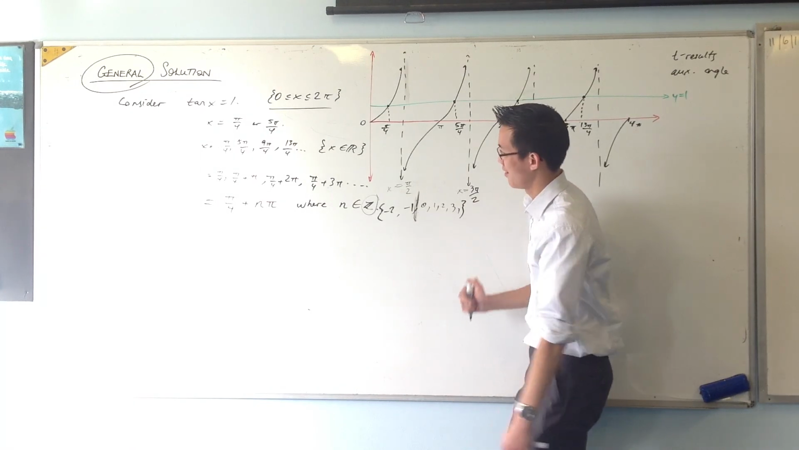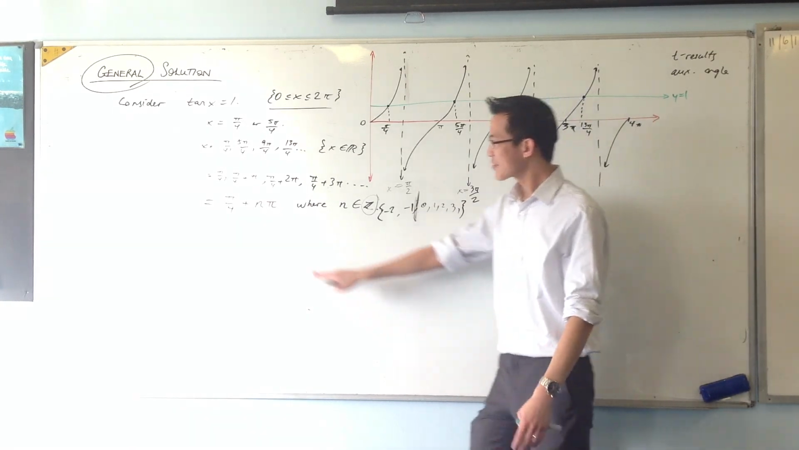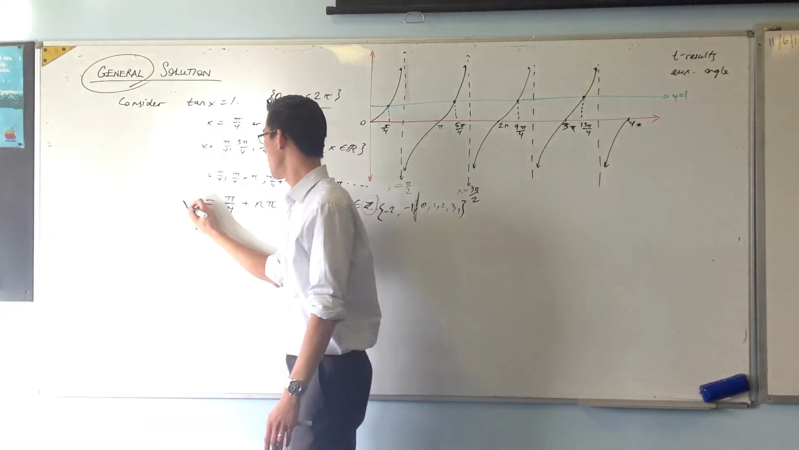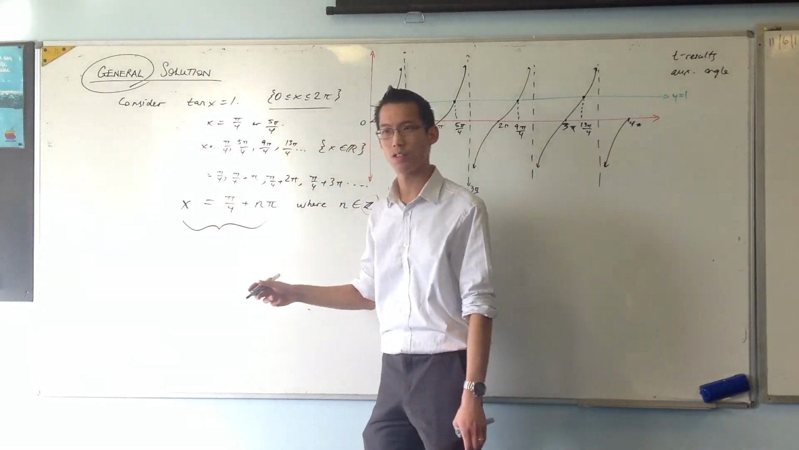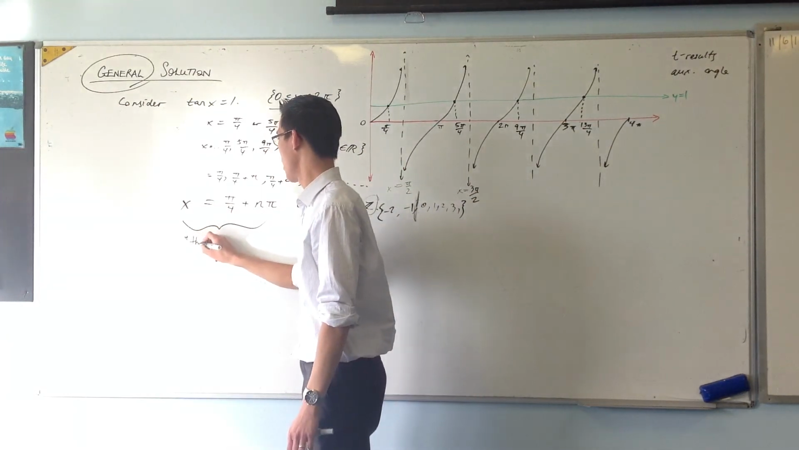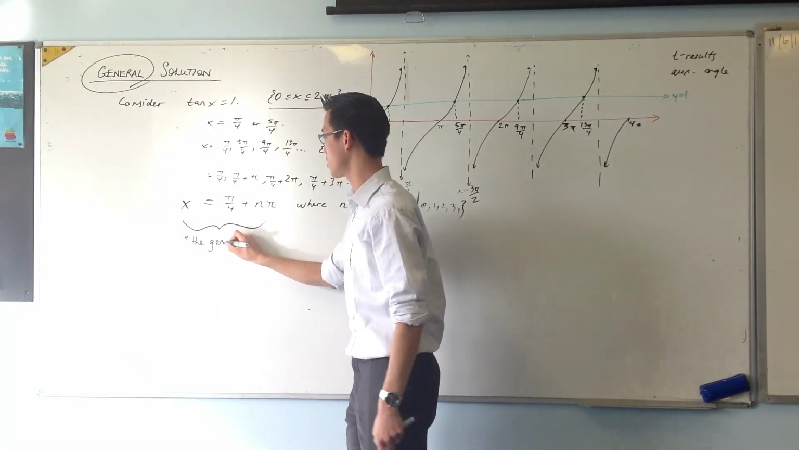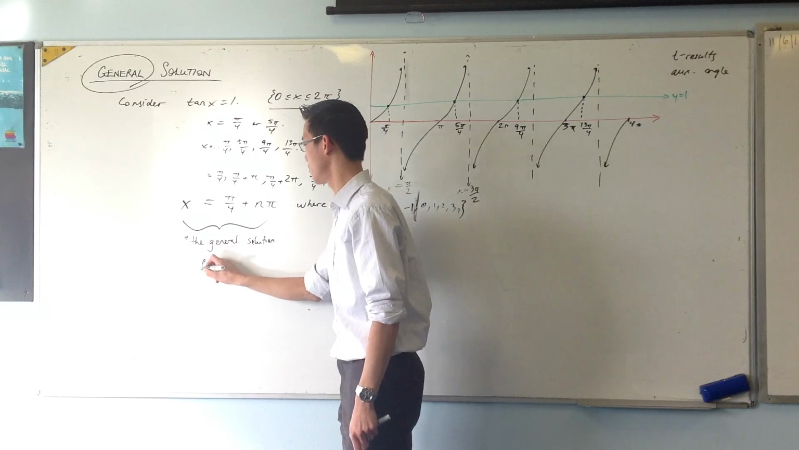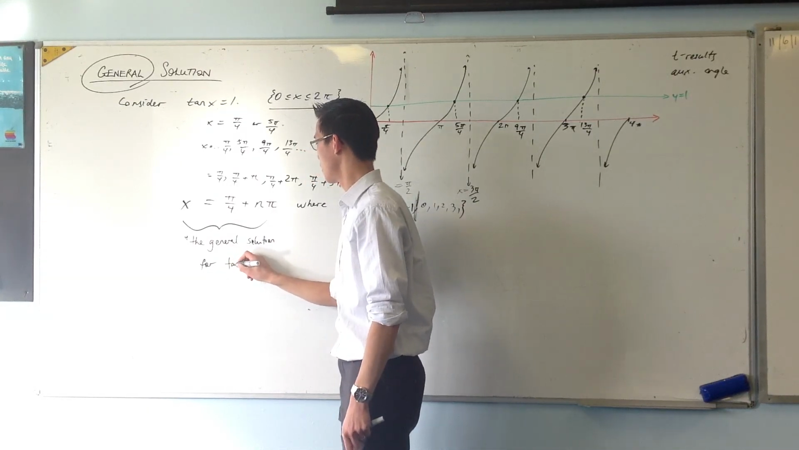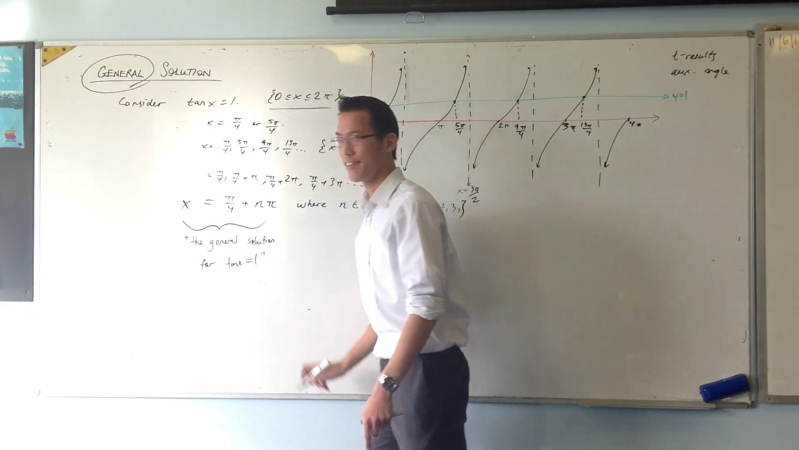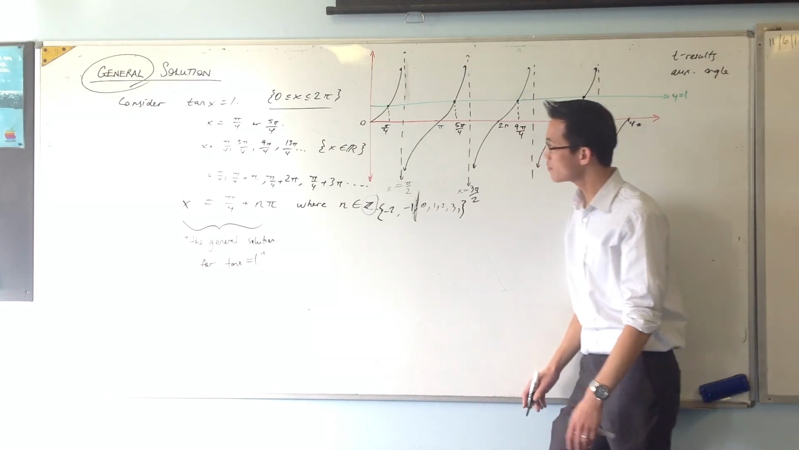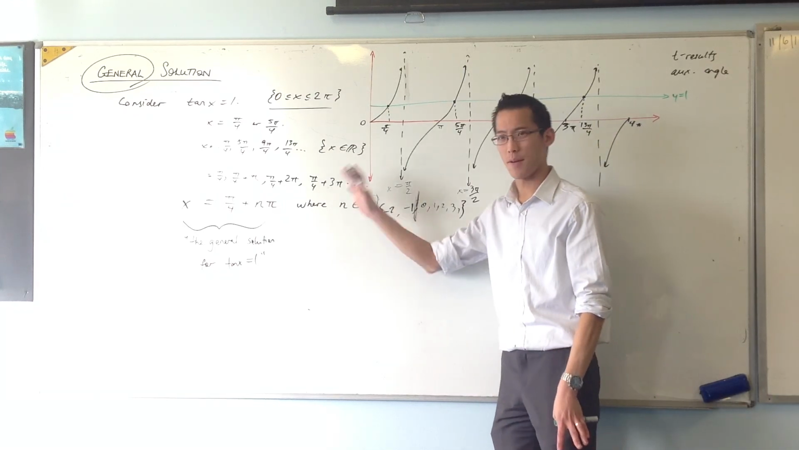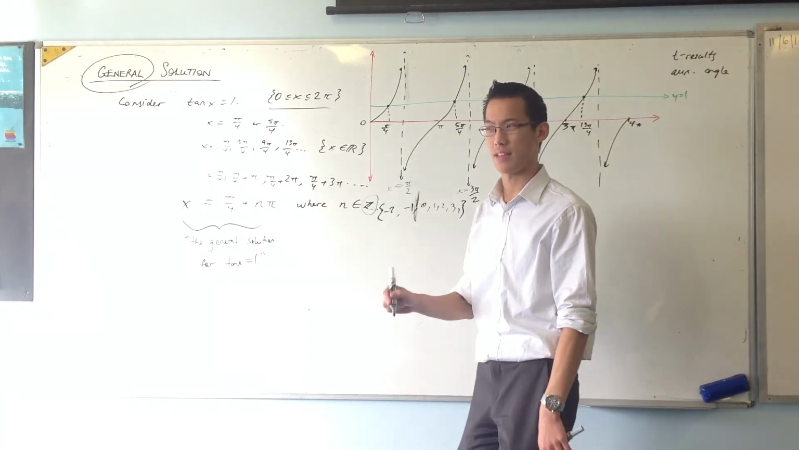Okay? All right, so this is what we call the general solution for this equation that we started with. Is that all right? So before we leave off this example, and I wonder if you can see why I picked out tan first,